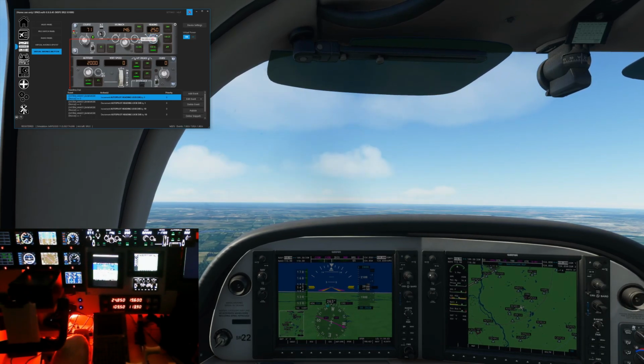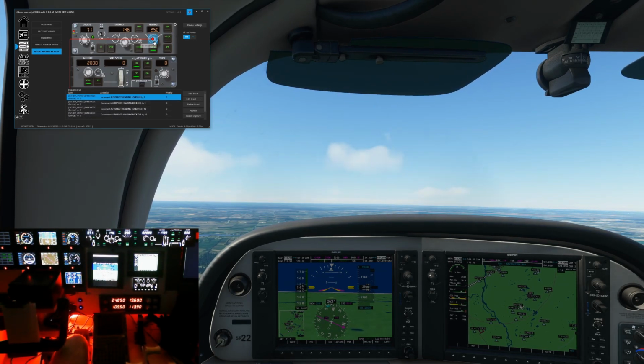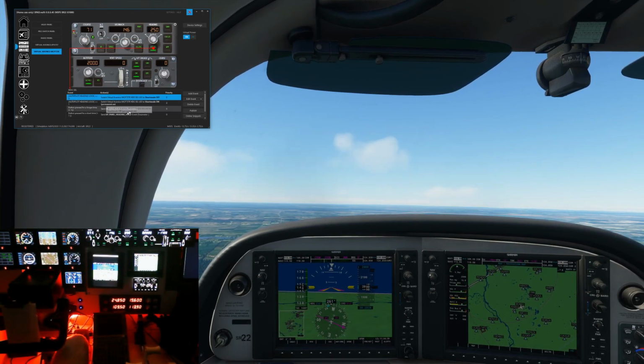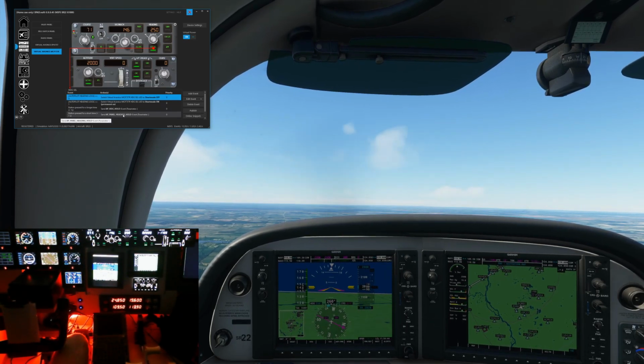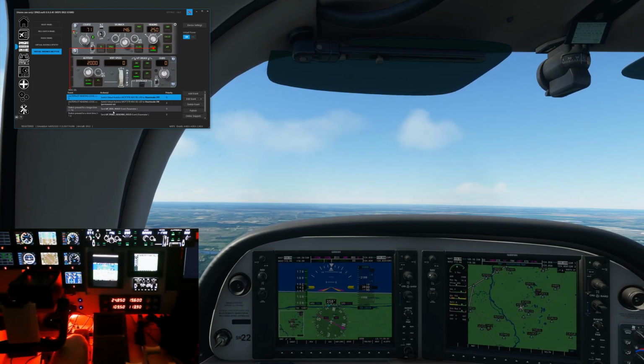Bank rate is not yet implemented on that switch. I had something for different modes so I can increase how quickly I can turn based on the outer ring, but it's not there yet. Heading select: if you tap it, it enables heading mode, again using the panel heading hold, which will just enable heading mode but won't change the value of your heading. If you long press it, holding for longer than a second, it captures your current heading as well as enabling the heading